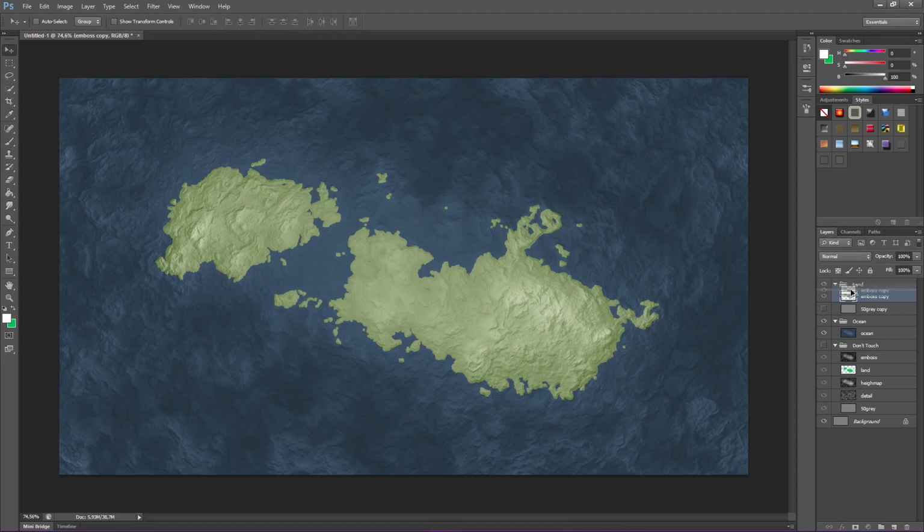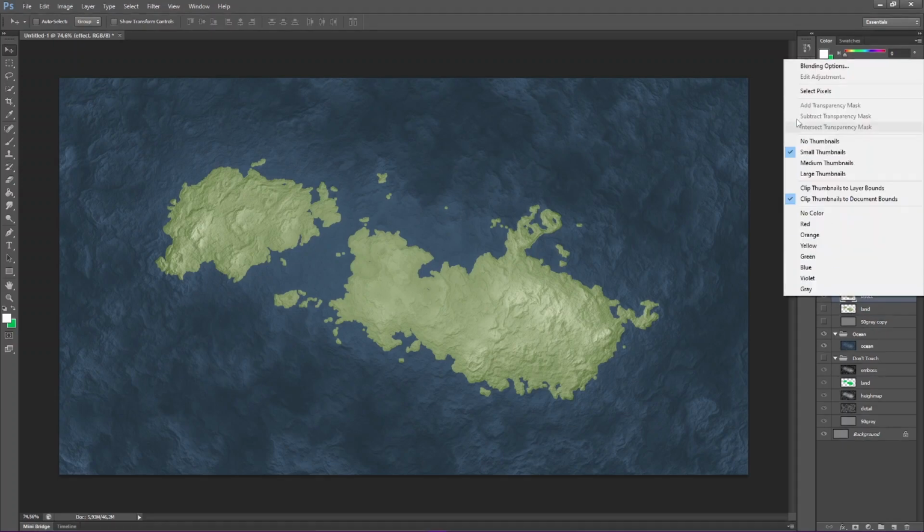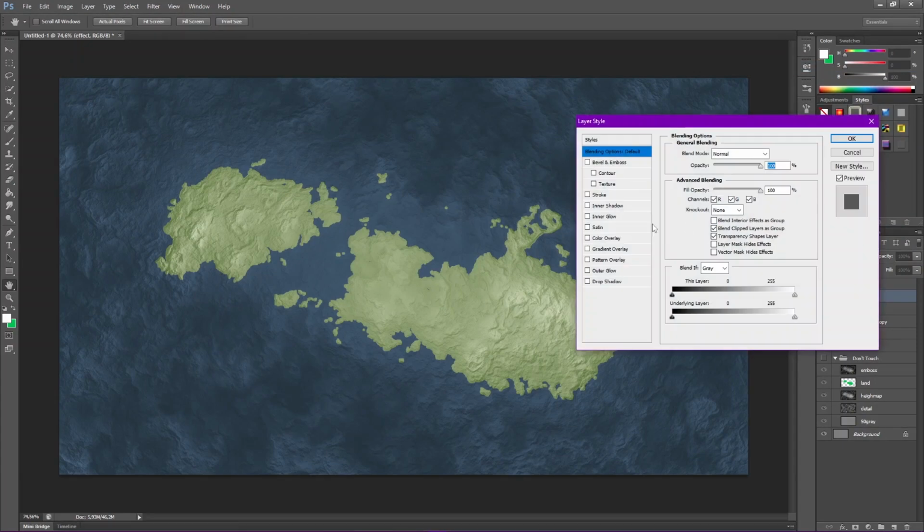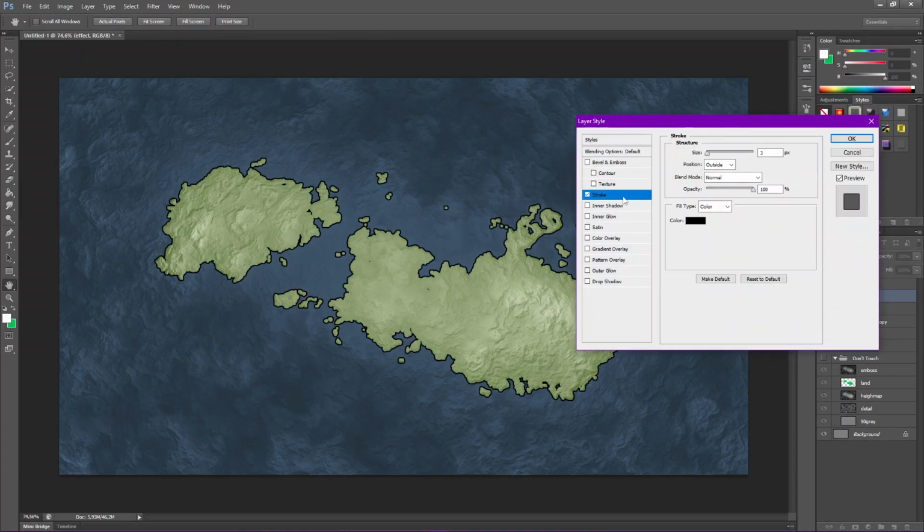So I'm going to copy, good Lord, here we go, land. Again, I do like to name everything. The first one's going to be called land, the second one's going to be called effect. I'm going to keep my effect layer visible, and on top of this we can apply our effects. Again, I like a nice strong stroke around the land. You can keep it thicker.